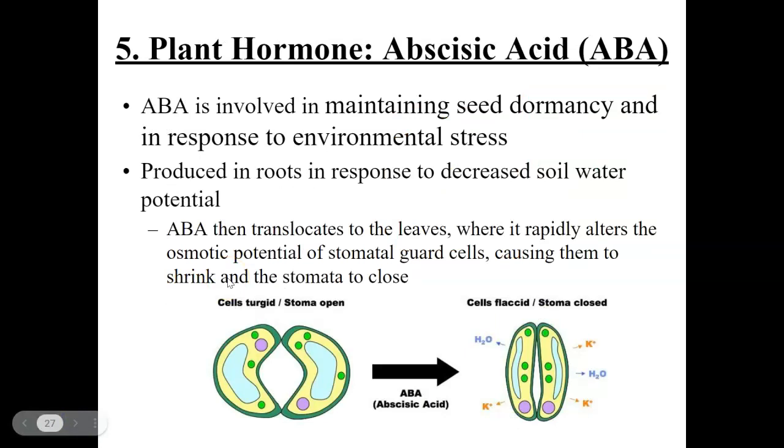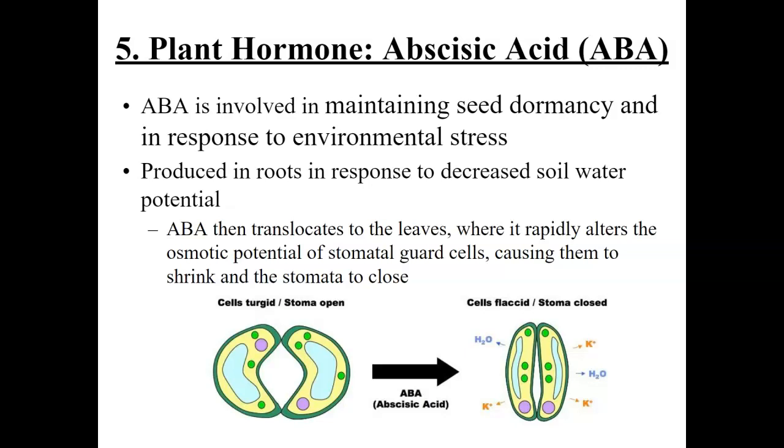The last hormone we're going to talk about is abscisic acid, or ABA. Abscisic acid is going to be involved in two areas of the plant: seed dormancy, which we're going to come back to later in the Part 6 notes, and then also in response to environmental stress. ABA is produced in the roots, and it's kept in the roots unless it is needed as an emergency response in the guard cells. So if the roots sense that it's incredibly dry in the soil, and therefore the plant's not getting enough water, then ABA translocates from the roots to the leaves, where it rapidly alters the osmotic potential